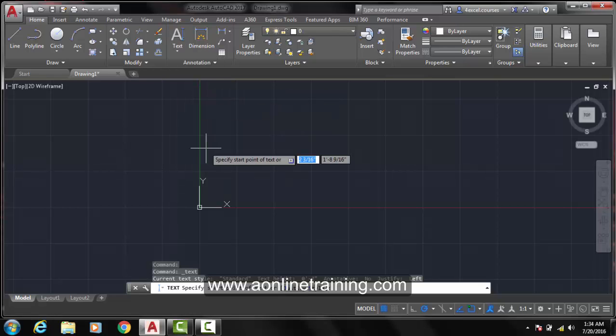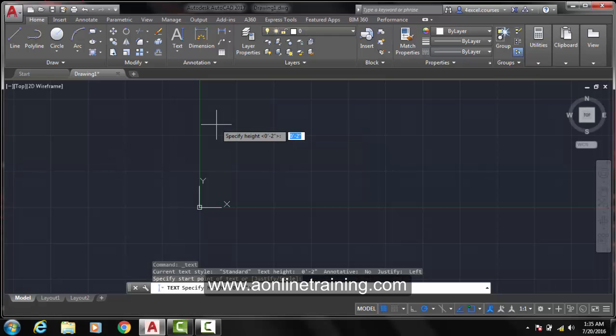The single line text tool creates single line text objects where each line is an independent object which you can move, format and modify while you are within the text tool. Click in order to start writing. You need to now specify the start point. Now you can specify the height. Suppose I give a height of 3. This stands for 3 inches. Press enter in order to execute the changes.